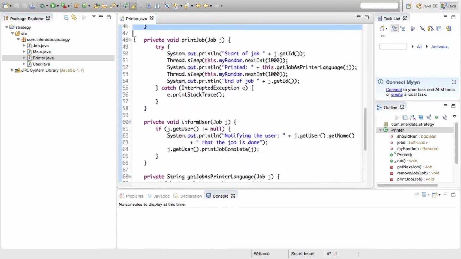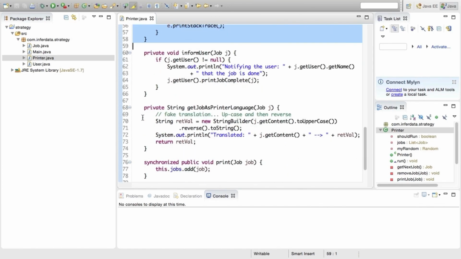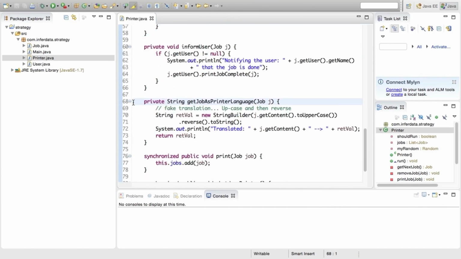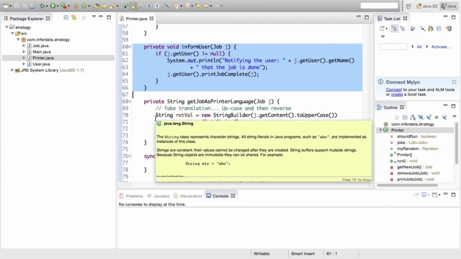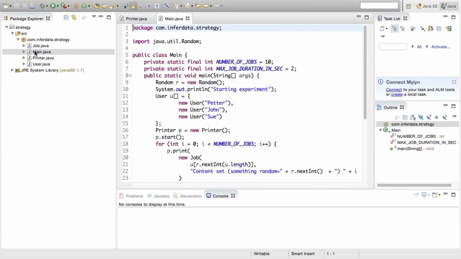In addition to dealing with the queue itself, we obviously have the other jobs such as printing it, which is doing some translation and dumping the content onto a printer. And we have also other methods like, for instance, something that converts the content of the job into some printer language, and so on. As we can see, the printer is implementing multiple concerns. What we want to do is to break out that queuing, but we'll do that later after we run through the example. I'll open up the main class, which is a simple test driver,